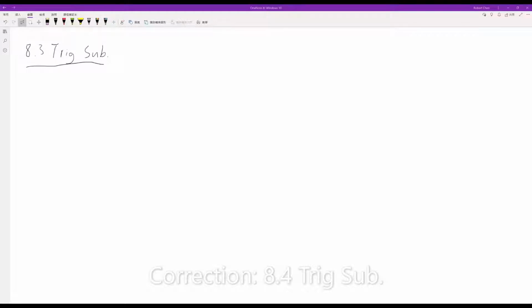So the main point in this section is we want to rewrite some expression as a trig function. Okay, so let's start with a quick example. Let's say I have the square root of a squared minus x squared. Okay, so let's look at